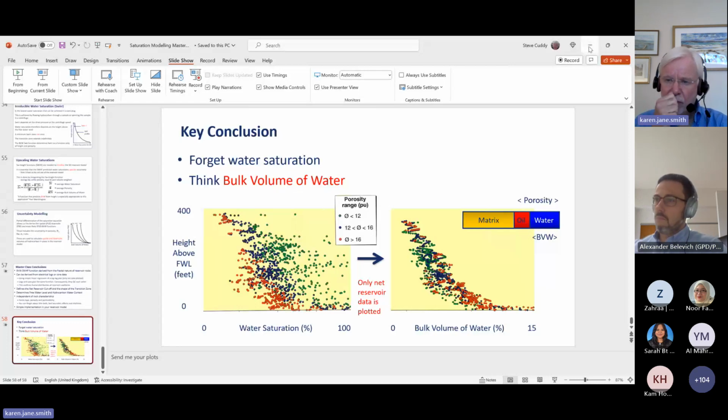But you should not only pick the free water level from the logs. You should also pick the free water level from the pressures. If you've got pressures, because it's a straight line in the oil and a straight line in the water, they should also give you the same free water level as the prediction from the BVW curve. And I'm willing to discuss that particular example of thin beds post masterclass.